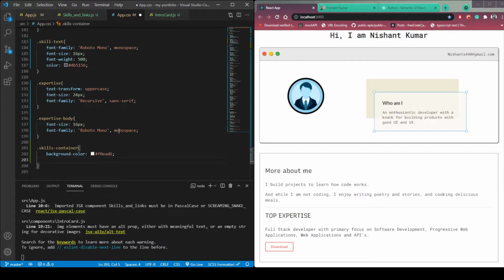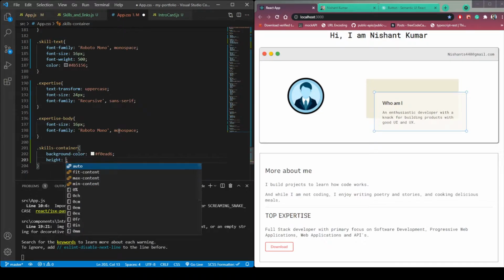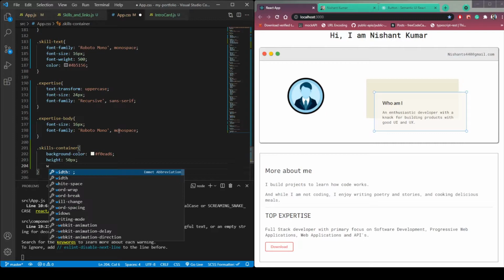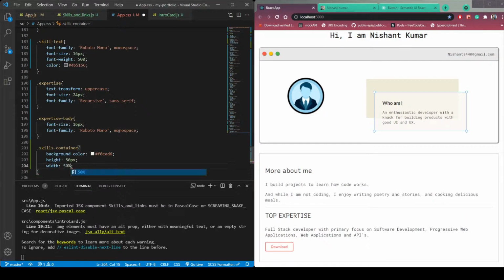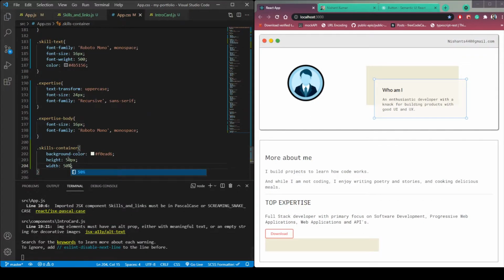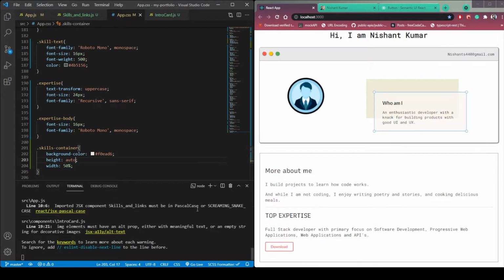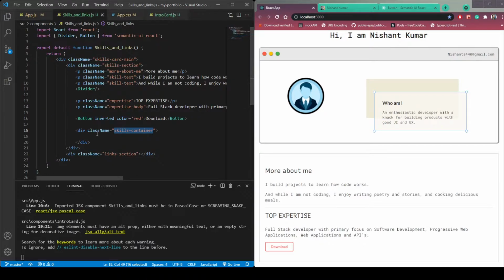Then height, let's say 150px, or let's use 50px, just 50, and then width 50%. Save it, or I think we should increase the height, so make it 100, or let's make it auto, so it will auto adjust to our skills. So make it auto.